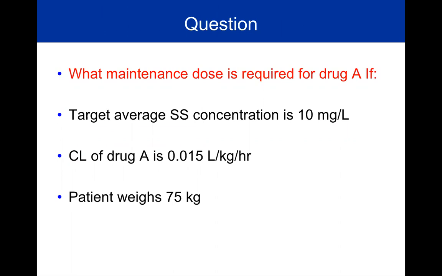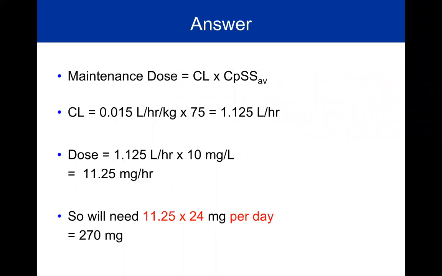What's the maintenance dose required for drug A if target average steady state concentration is 10 milligram per liter and the clearance of the drug A is 0.015 liter per kg per hour and patient weight is 75 kilogram. The maintenance dose equals clearance multiplied by steady state plasma concentration. The clearance here multiplied by 75 kg